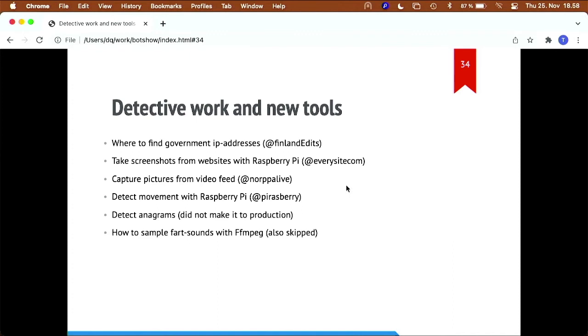That is something used in work, to make it work on Raspberry Pi. So it's the, I don't remember the tool name anymore, but then or capture pictures from a video feed, like parse the